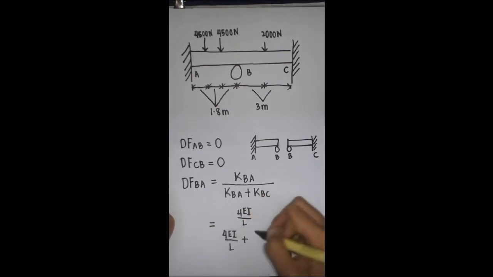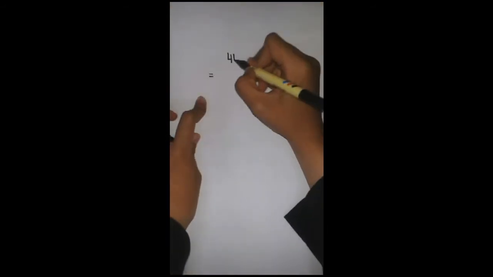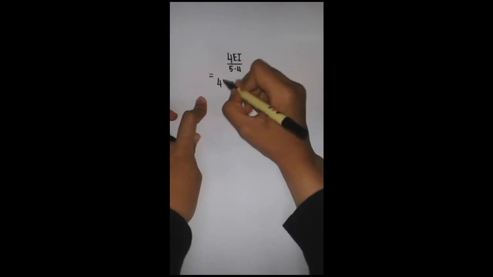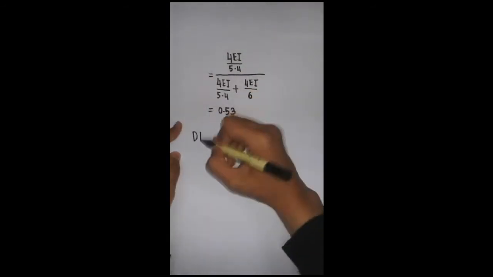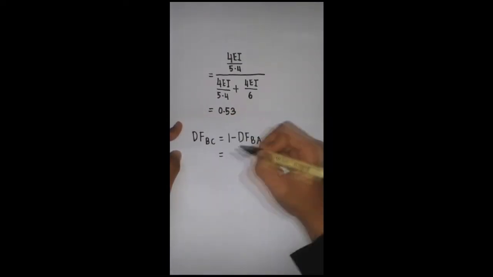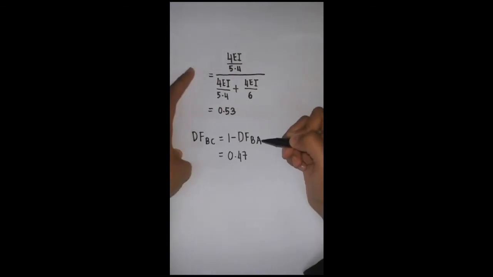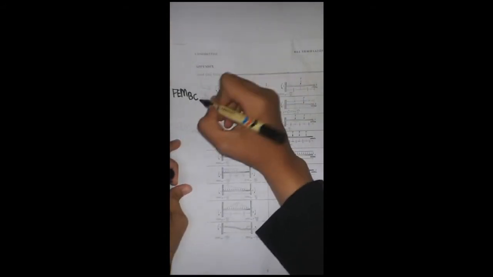To find the distribution factor, we must find the stiffness factor, that is K. For the distribution factor at BA and BC, we must find the stiffness factor over the total stiffness factor distributed by the members. By the way, to get the distribution factor BC, BA must be subtracted from 1. Second rule, to find the moment by using the moment distribution method, we must consider the fixed end